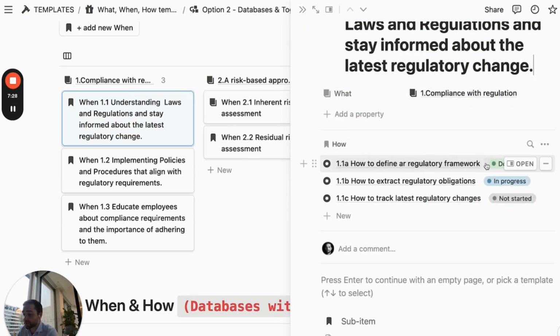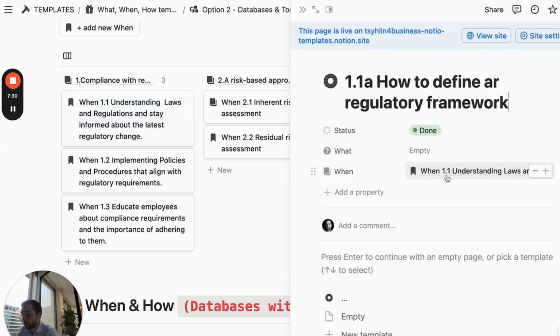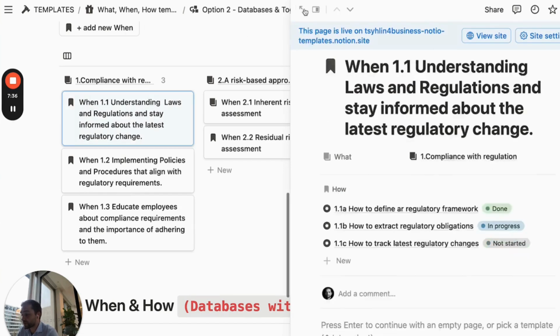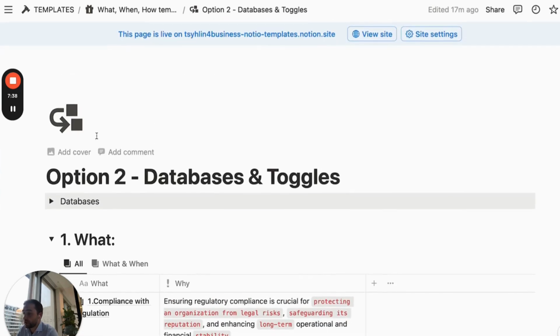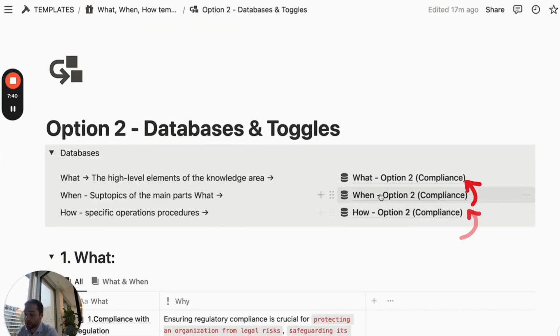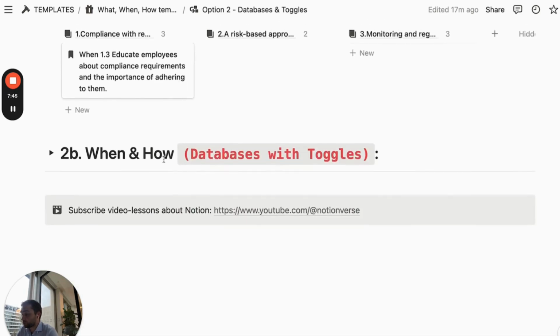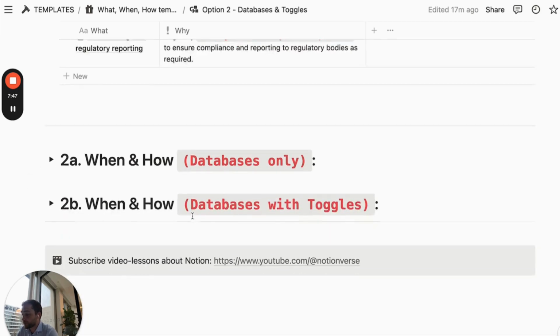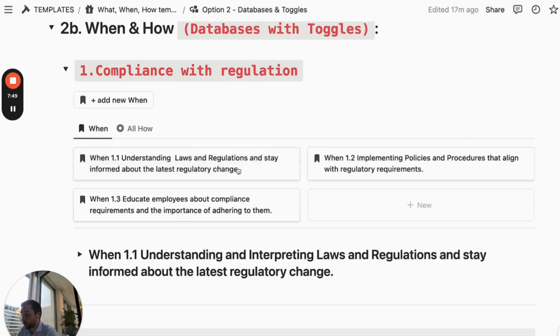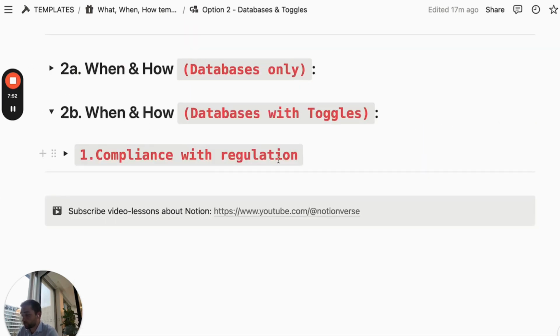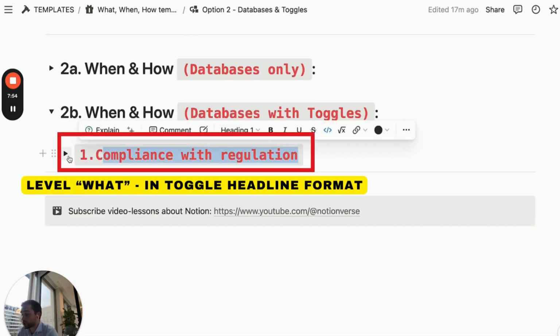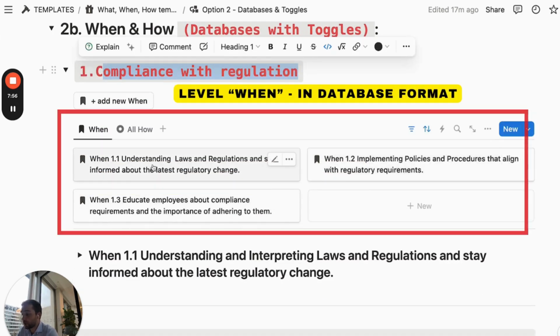So you can see that, for example, how to define a regulatory framework. You can see in more detail how it works. So you can see the 3 databases, each database connected with each other. So the database how connects with when, which connects with what. And another option, you can combine database with toggles. It's another view, and you can see, for example, level what, compliance with regulation. Here you can see the levels when, 1, 2, 3, what is important: understand rules, implement policies, educate employees, and